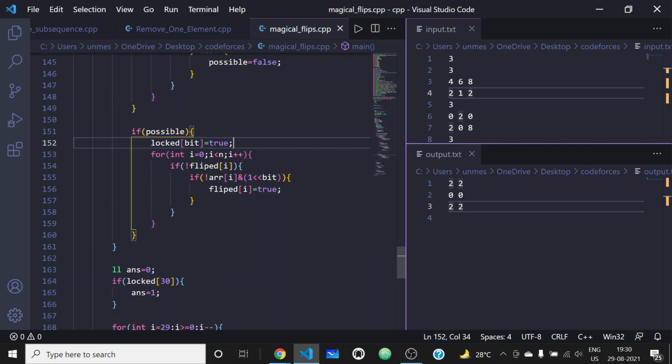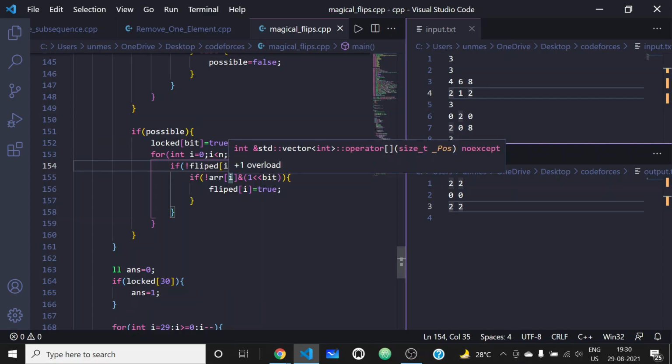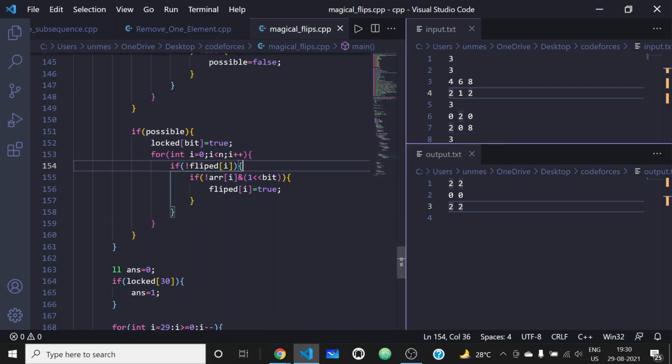And we are going through each card. If it is already flipped and it is possible to construct the answer, then obviously the flipped face has a one at that place. And if that card has not been flipped, then we'll be checking whether the front face has a set bit or not.